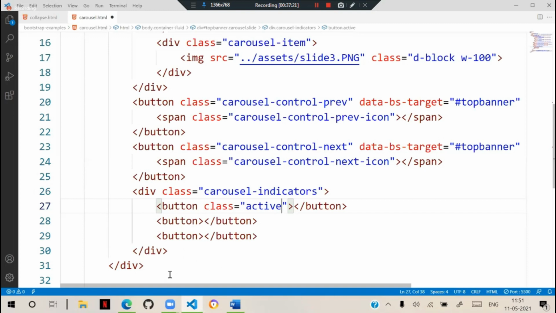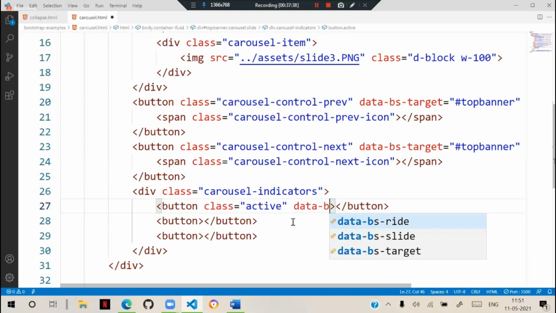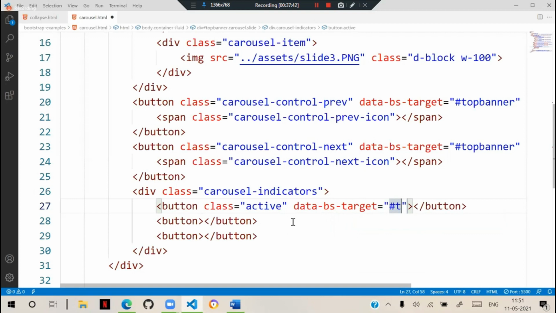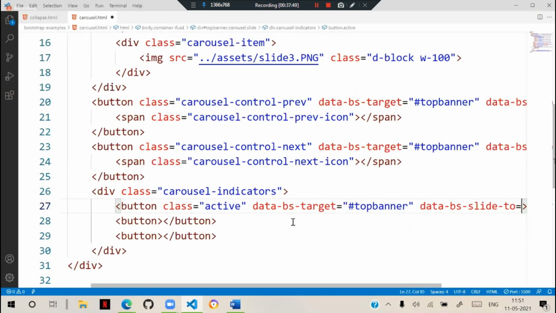And for carousel indicators, target and slide to, these two are important options. That means here we have to write data-bs-target. Target is #topBanner. Okay. Data-bs-slide-to, which one?